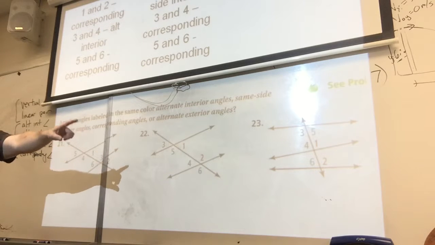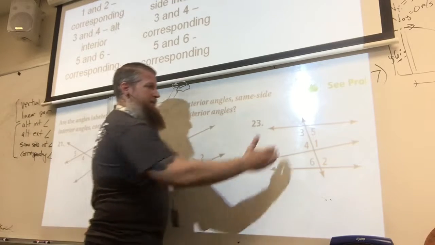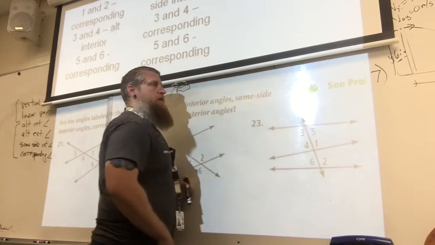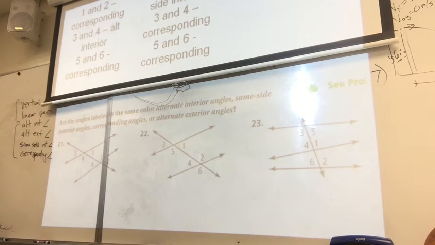On 23, or any problem in the future where you see a transversal crossing multiple lines, guys, when you pair these up, pair means 2, right? So that means you're only looking at 2 of those lines crossing at a time. Eliminate the one that you don't like, mentally erase it or cover it up with your finger